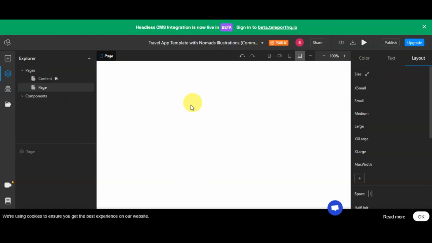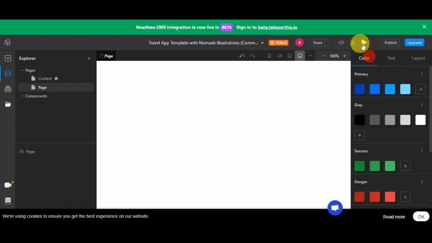Now this is what the editor page looks like. Here on the right side, you should be able to see some layers, the components if you want to add one, the CSS, the folder, and the different devices. So we have here the website, the tablet, the phone, and many more. You could also see here the different layout sizes, the text, the color, and some of its settings. Around the upper part, you could do a quick preview, share this with your friends, and see the